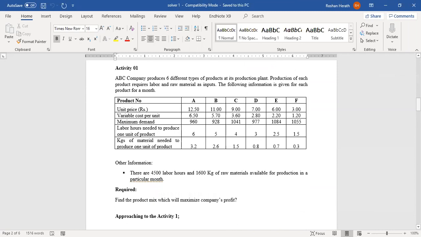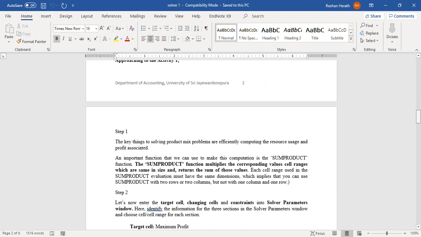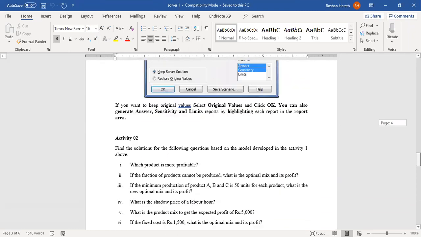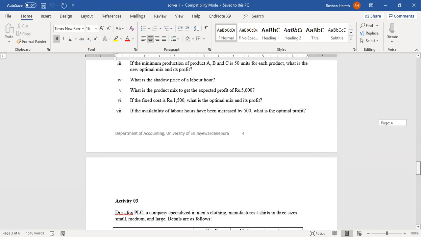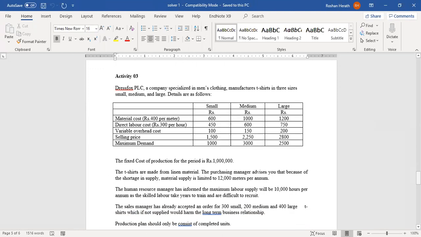In the given material, we have given two class activities for this optimal product mix. We worked out both the questions during the video session, the video recording of the lecture. In fact, we have discussed three activities. Out of that, I'm going to take one activity and take you through that, and this is one of the past paper questions as well. So I select Activity 3: Dress Fox, a company specialized in men's clothing, manufactures t-shirts in 3 sizes. You can see small, medium, large, and also some of the information is given. Thereafter, the fixed cost is given, and then it talks about